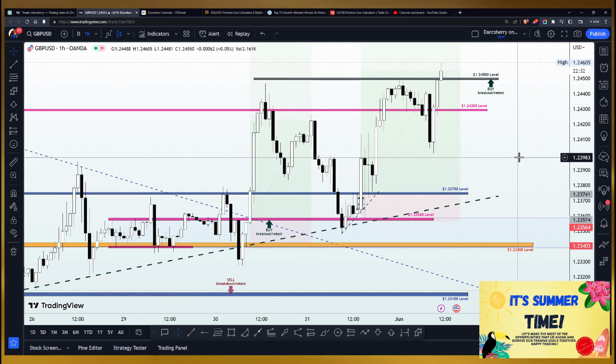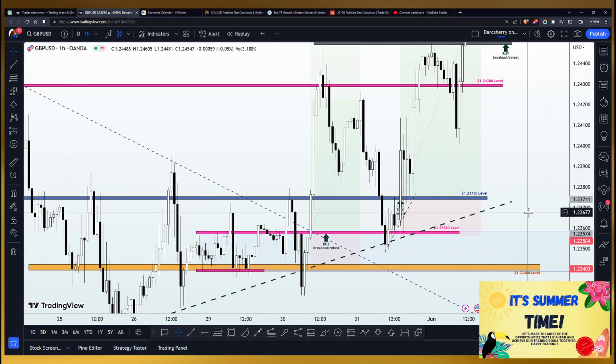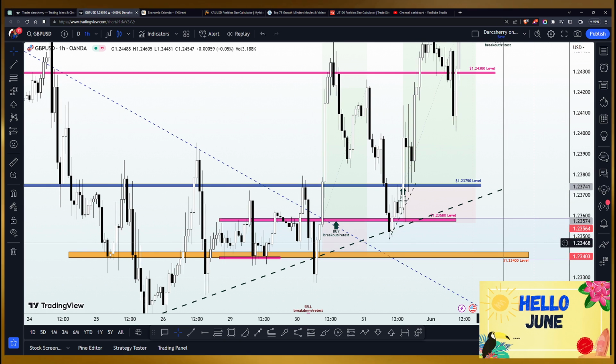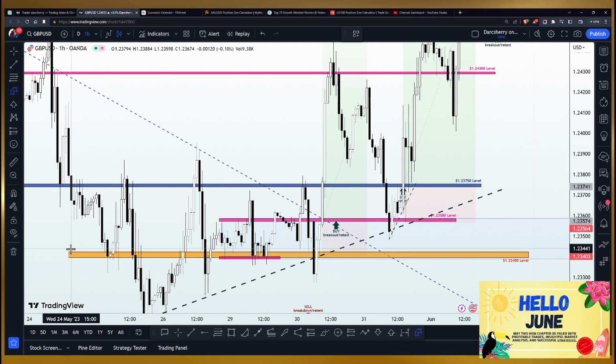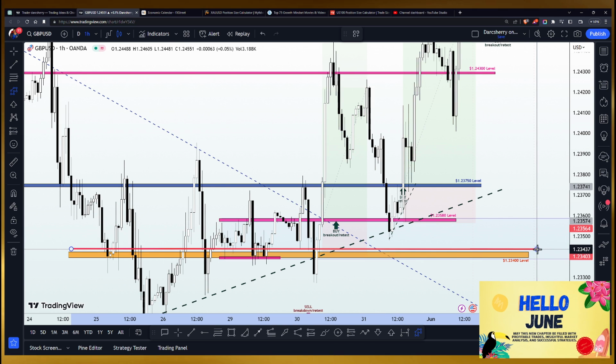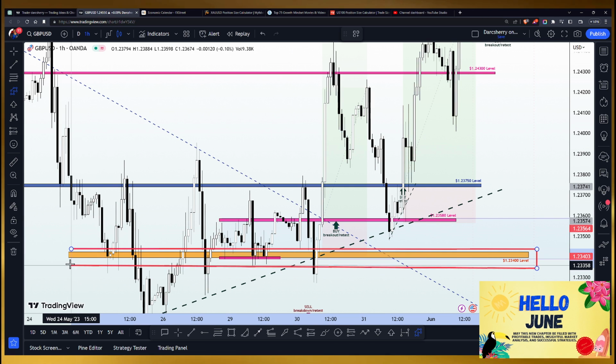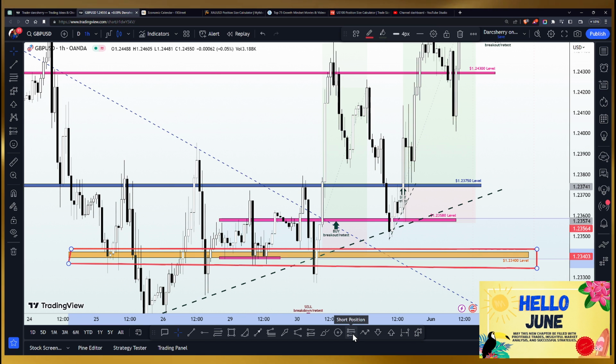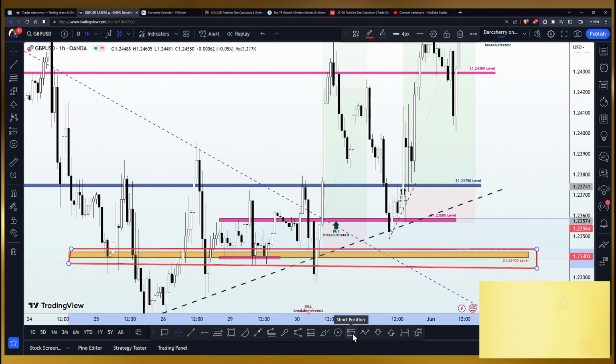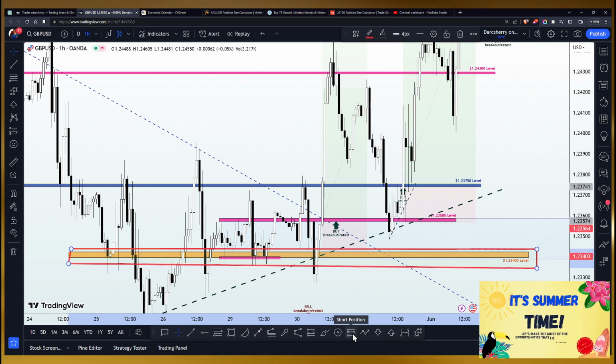And if you remember vividly, at the beginning of the week, we had a key level which was situated at the 1.23400 area, remember? So we had the structure here, and you know how we use our key levels. Our key levels help us to position ourselves ahead of the new week, and as long as price action remains above our key level, we want to remain bullish in the market. And if price drops below the key level, of course we want to be looking out for selling opportunities.